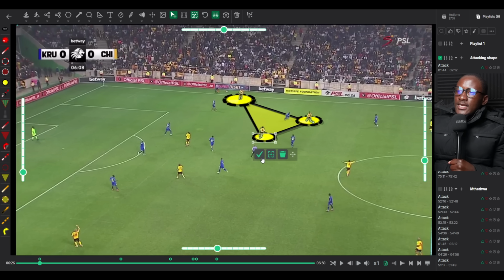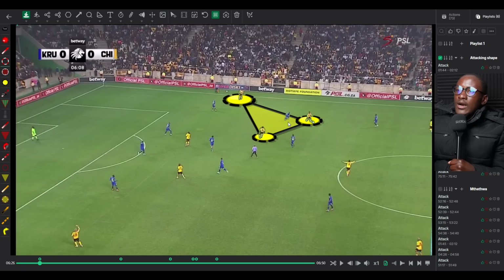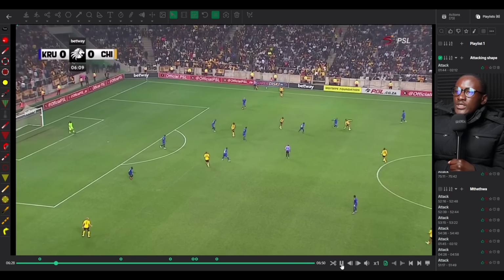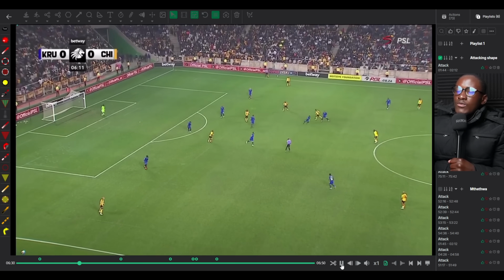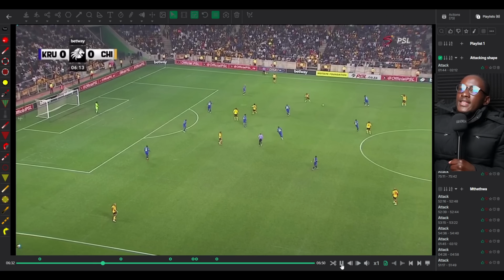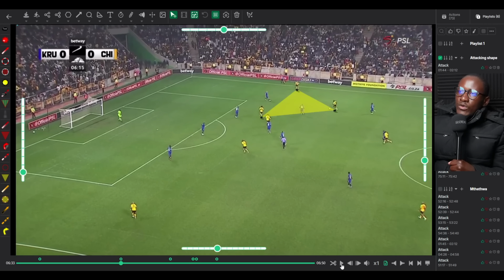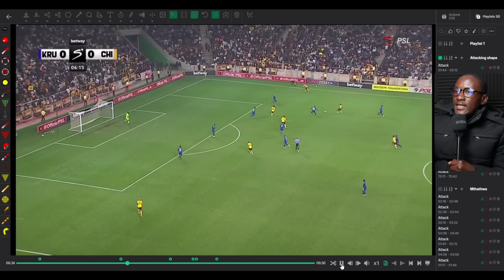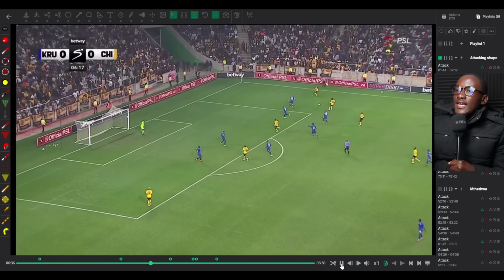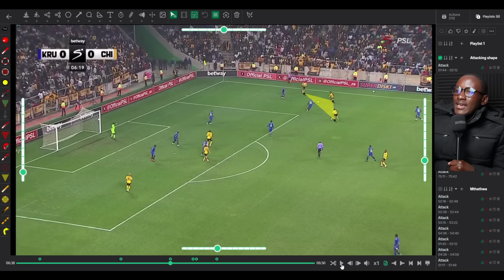And as a result, this makes it easy for Chiefs to overload that side, because now these guys only have this guy and then this guy. So it's a 2v3 on that side, so Chiefs have an advantage. And then it just continues evolving, because Mfundo passes the ball back. That triangle, you will see, it will form again, because they want to overload that space. And once again, they have superiority. They can combine there. They keep the shape.